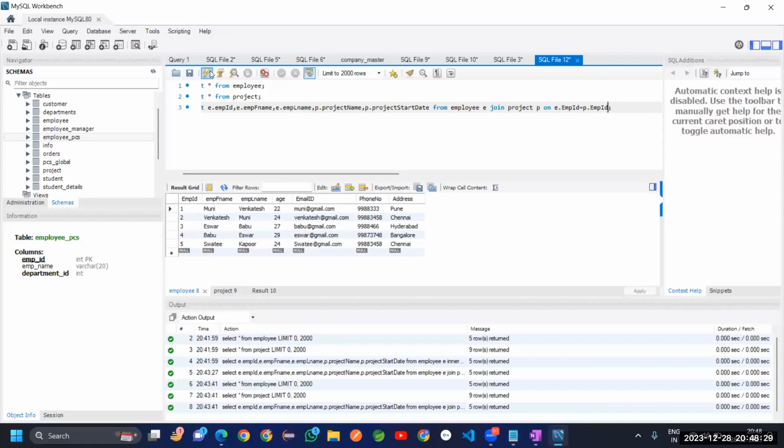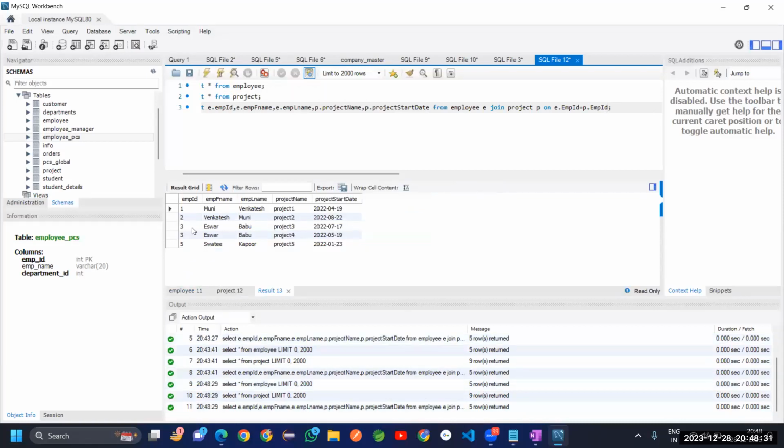So what it is showing. So it is giving results only when the condition is satisfied. So if you perform